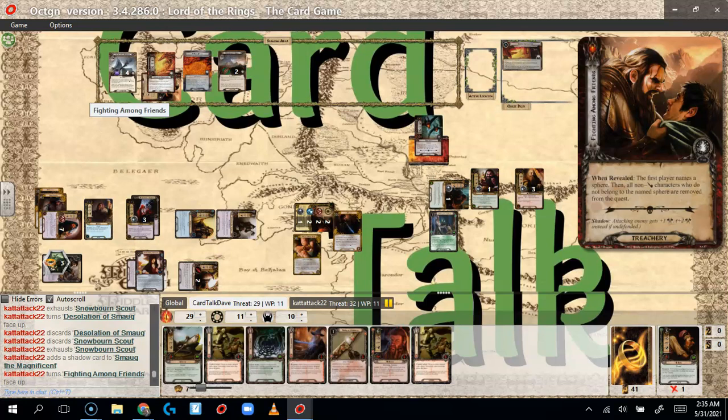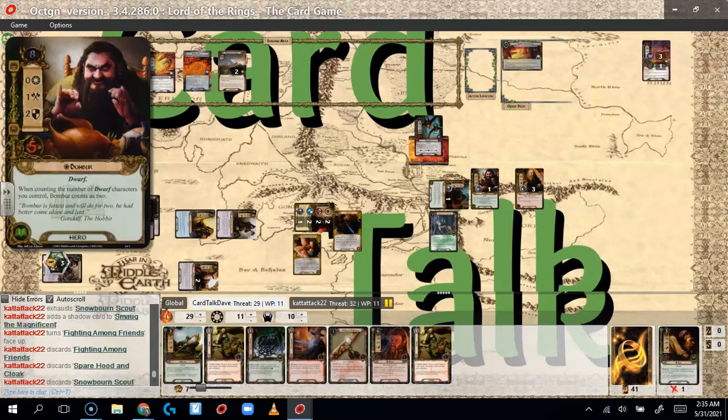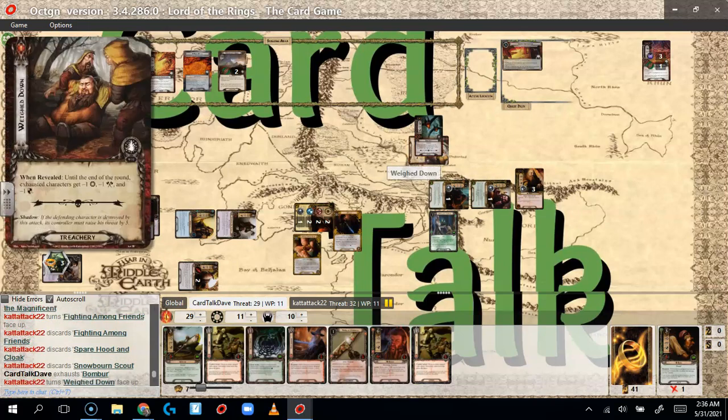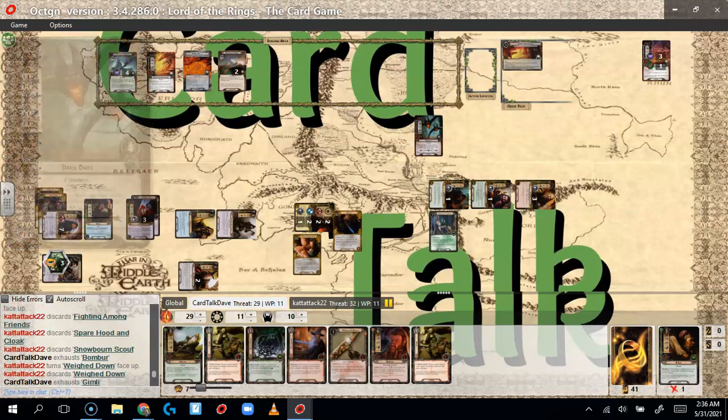This has a shadow effect, and not Burgle. +1 attack. Yay. So I only lost 2 allies on that. That was phenomenal. I'm going to defend with Bomber. Nope. That whiffs. And I will attack back and kill it with